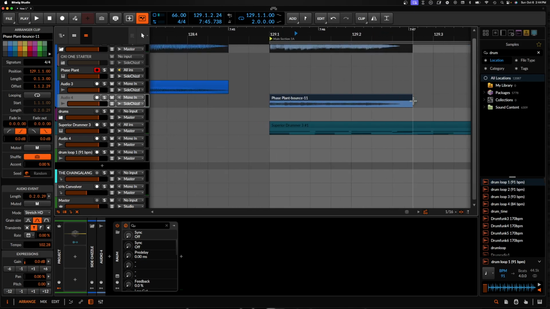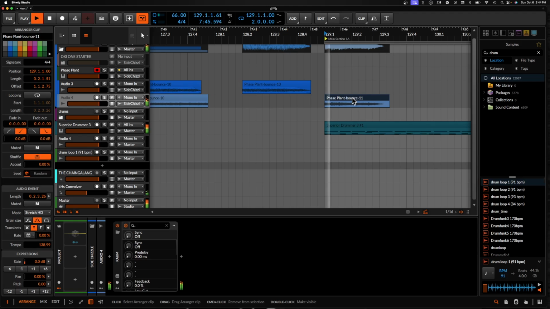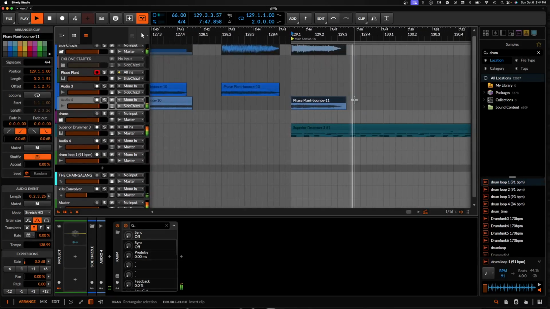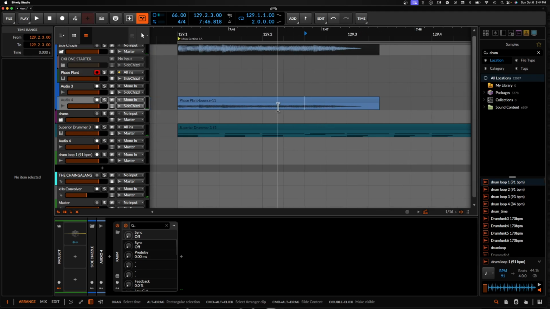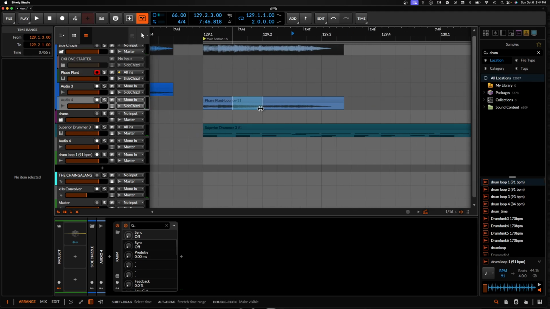So we need to move this hit a little bit over and make that like this. So, and then what we can do is take some of this and transpose that. So